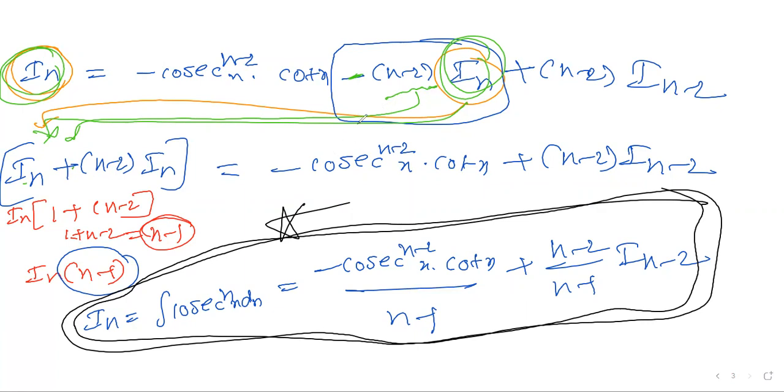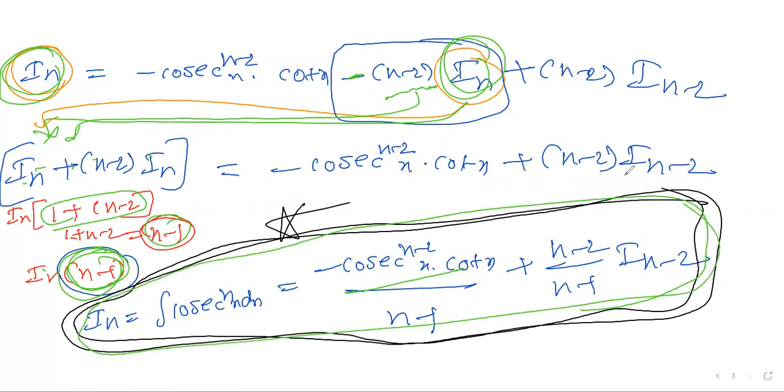After this, we are trying to find the I_n value. So I_n is common: I_n is equal to this. One I_n is common: 1 plus n minus 2 into I_n. So 1 plus n minus 2, I should write it out as n minus 1, so I_n into n minus 1. We want only the I_n value, so the n minus 1 multiplier I should bring back as division. So you got the entire step. Is this clear? Any doubt? It is still clear, I think; there is no doubt at all.